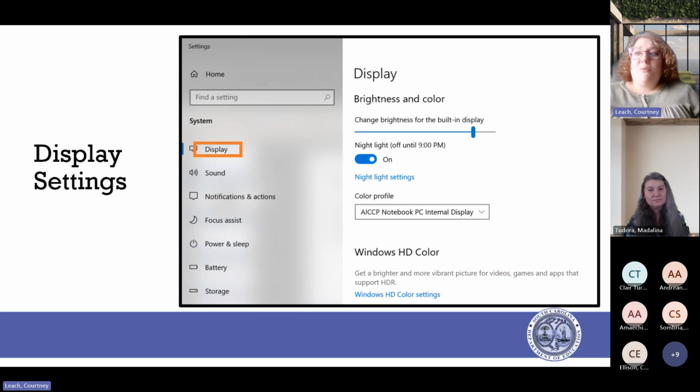You can also, if your student may need to, adjust the display settings on their laptop. I like to use dark mode for a lot of my, like for Teams, for Word documents and things, just because it makes it easier for me to see all the little tabs and buttons and options that I have control over.